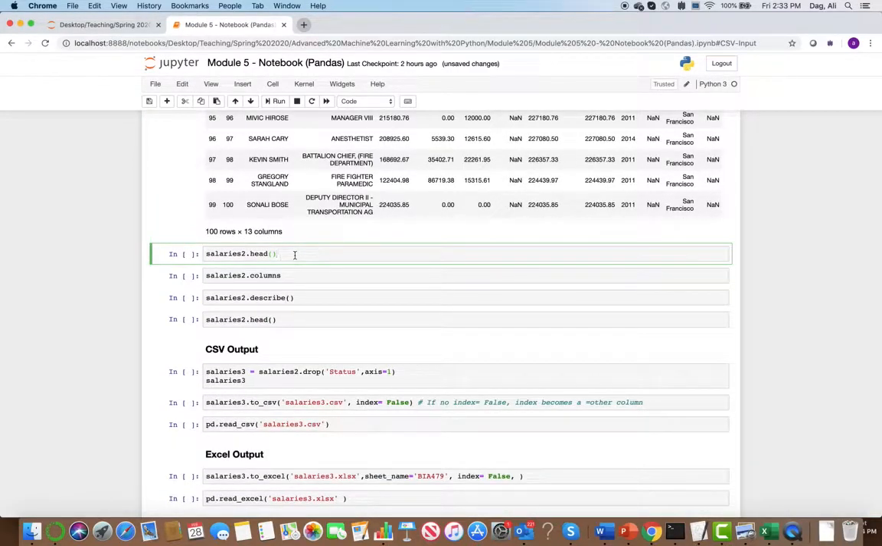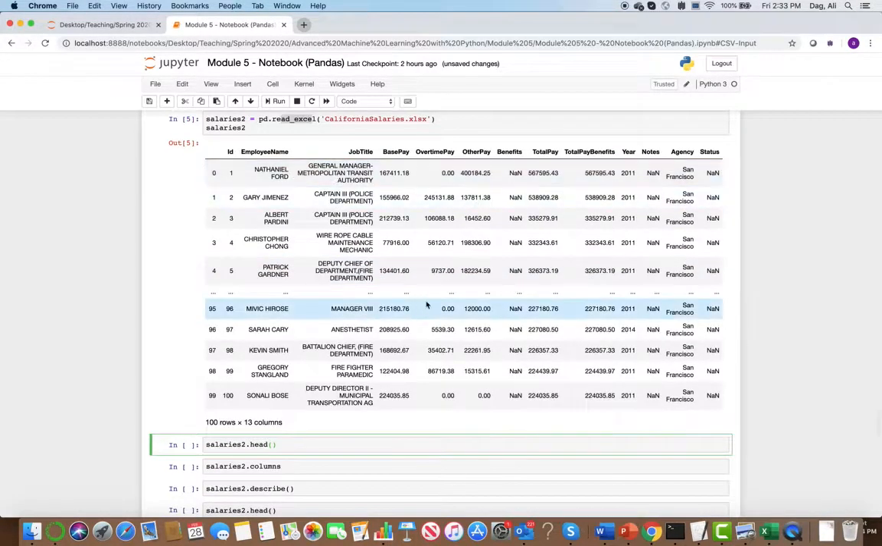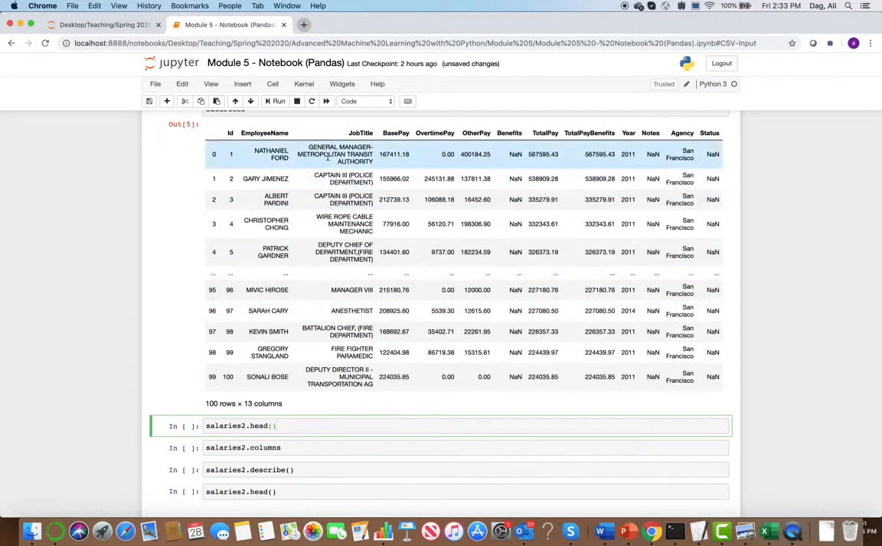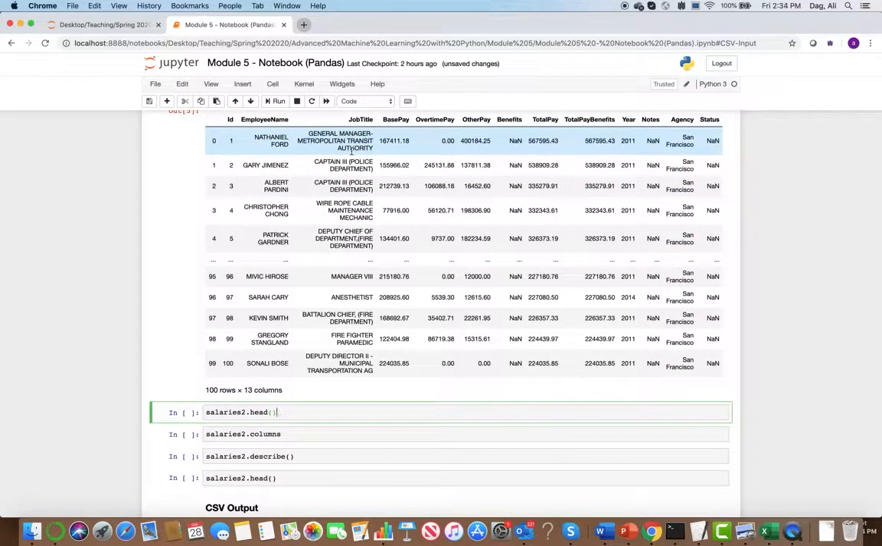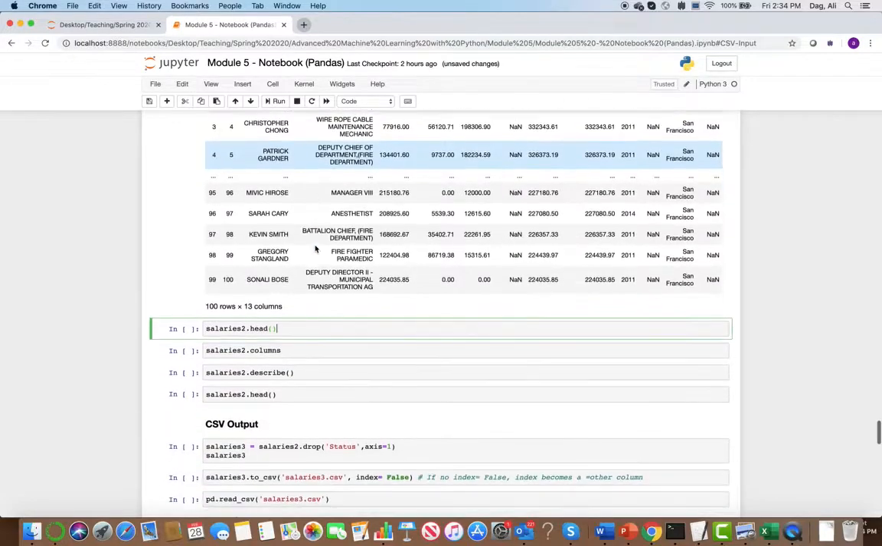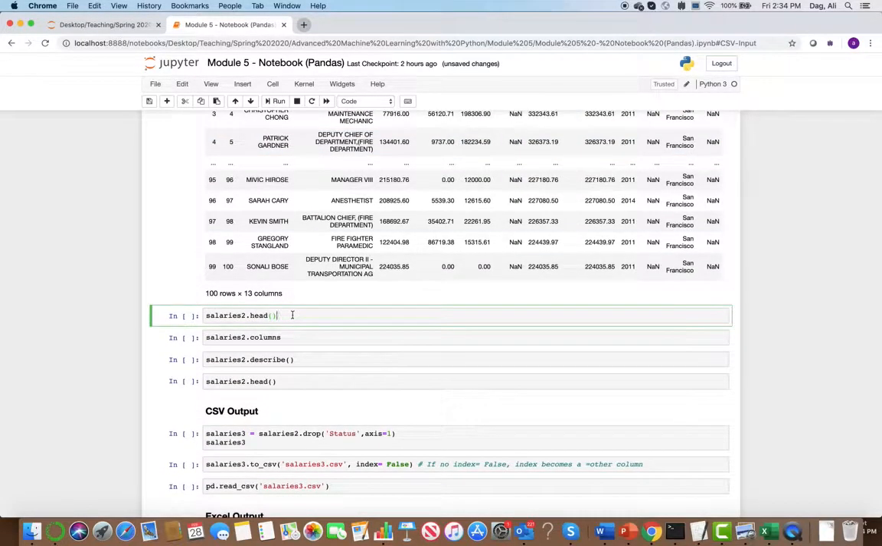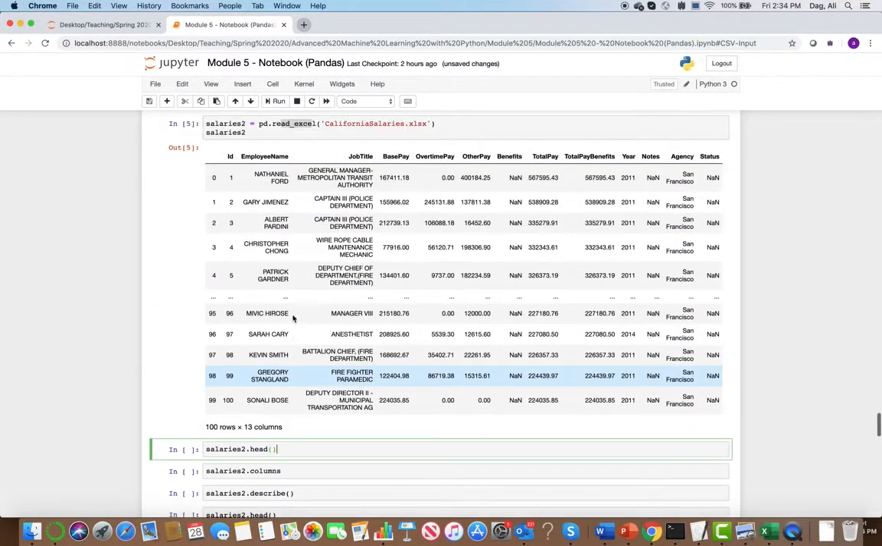Let's do our operations with the salaries2, the one that I can see here. As you can see, I've got 13 columns here and 100 rows. I've got some categorical variables, some continuous variables, and so on and so forth. So what I want to do is tell the data, can you give me